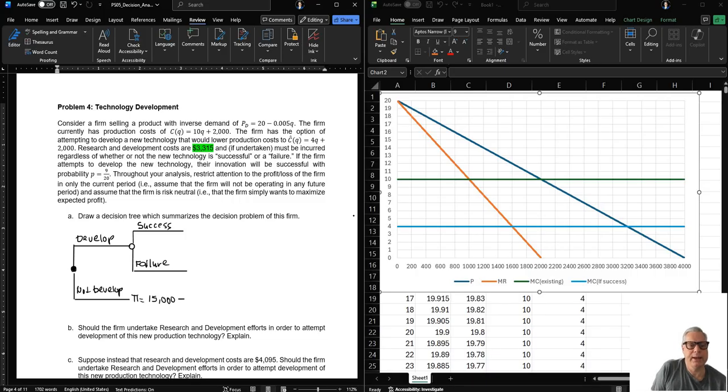Now we look at this cost function, so we still have a fixed cost of 2,000, so minus the fixed cost of 2,000,